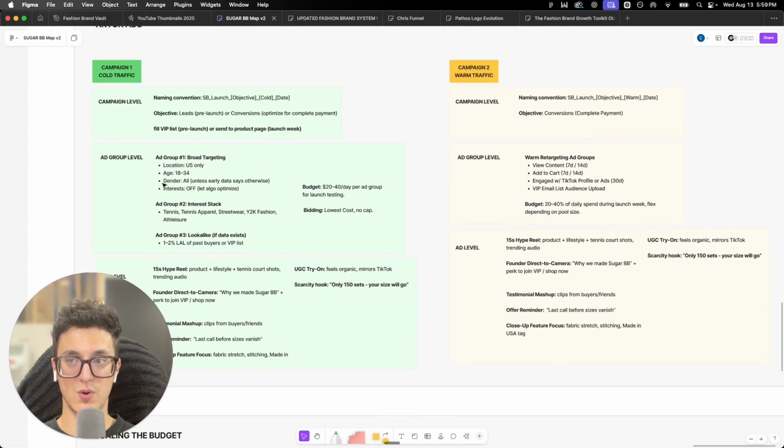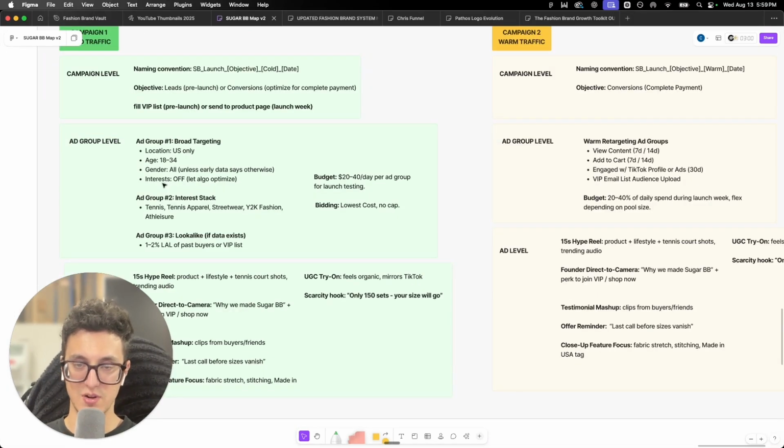Meta just wants you to let it do everything and let the algorithm optimize. It's actually pushing people away from customizing their audiences and their ad sets. TikTok, broad targeting still tends to work the best in my opinion, because the algorithm is so